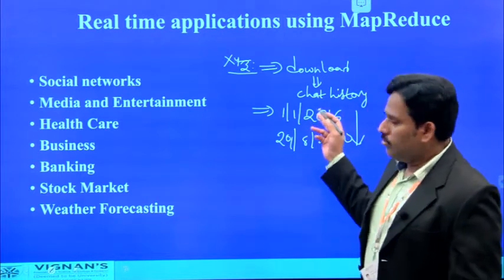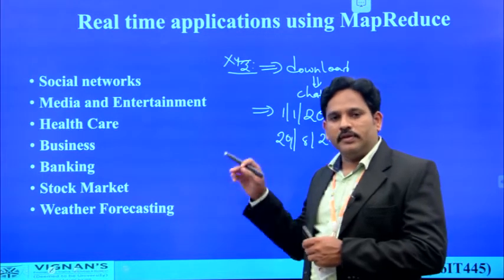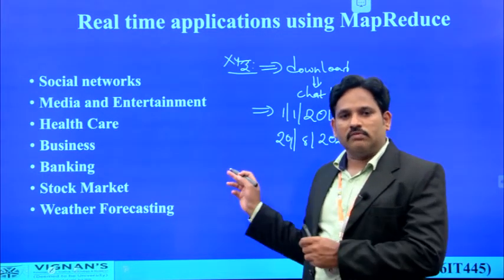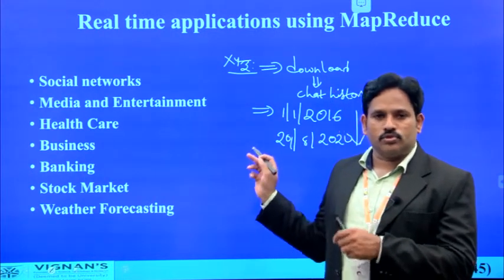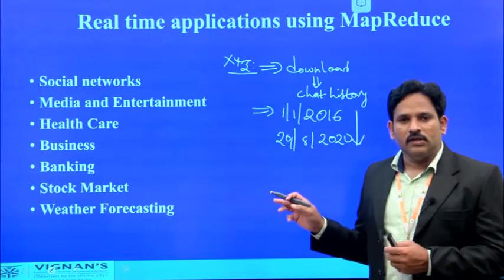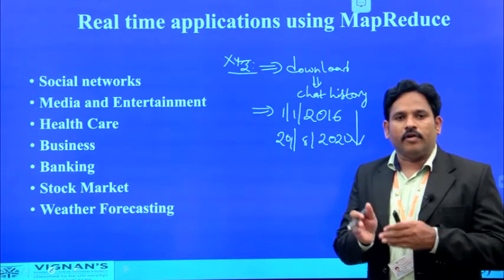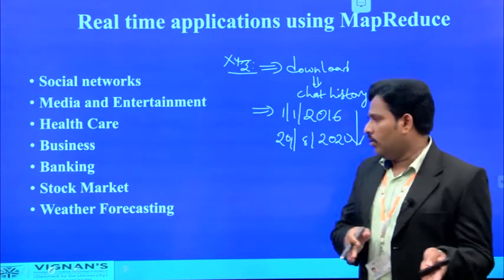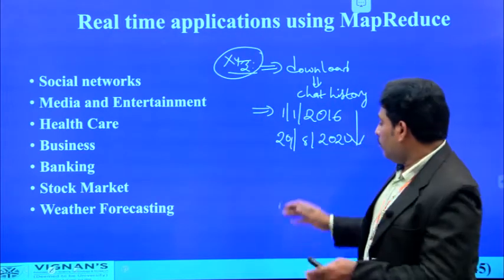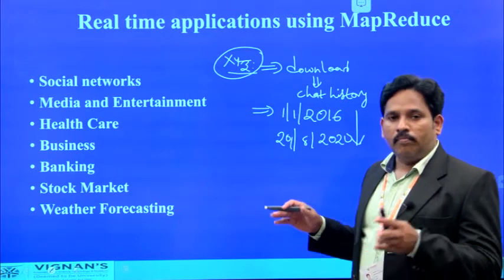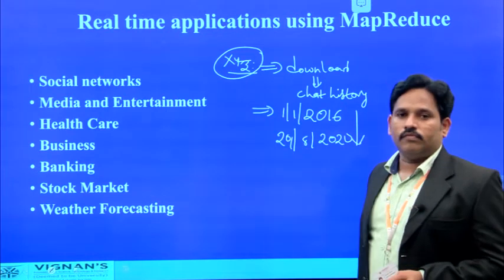Now, what will it do? It will try to combine all the chat activities performed by the user, either in the form of textual conversation or in the form of sharing an image or whatever content or method they used to chat with their friends. All that information is going to be segregated and combined in a single file, and that file is going to be made ready to download, and later he can see the complete chat information. That means the complete 4 years of information is combined together into a single file. Now, that is one of the examples of social networking.